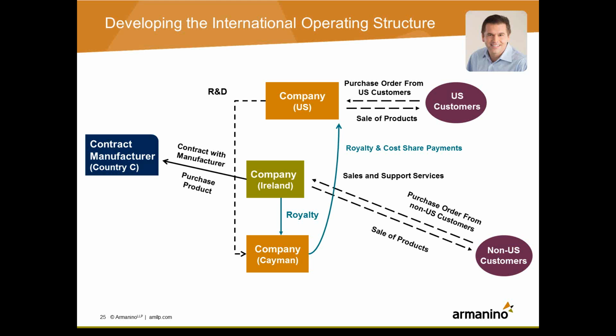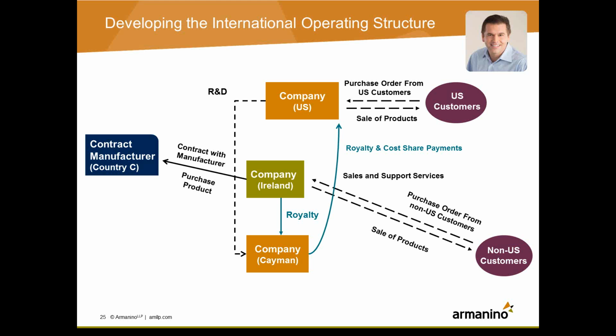The Irish operating company enters into agreements with the contract manufacturer to produce, let's call it the semiconductors or the box, whatever it might be that we're selling, or from an internet perspective, they own servers that provide the service over the internet directly to the non-U.S. customers. They then pay a royalty to the Cayman company for that further use of that IP. So while the Irish tax rate is only 12.5%, the tax rate in Cayman is 0. And so the effective tax rate around a structure like this is typically somewhere between 2 and 5%. And so it's very powerful.